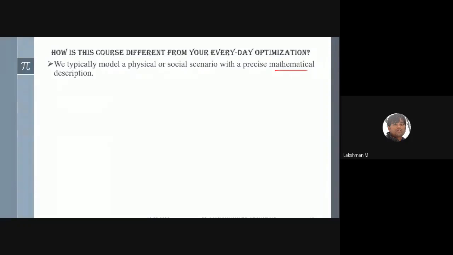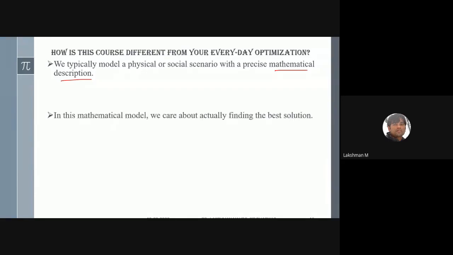Modeling always comes from some prior information or some data set. By characterizing that, we get a model structure. Once we have a model structure, we can apply our optimization technique to get an optimal model.